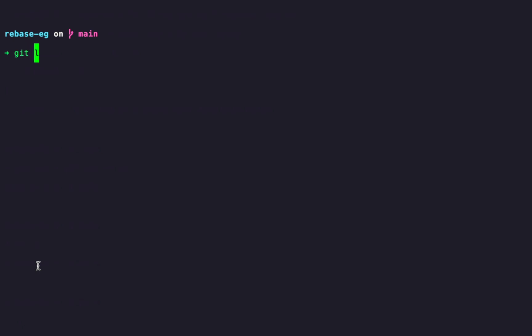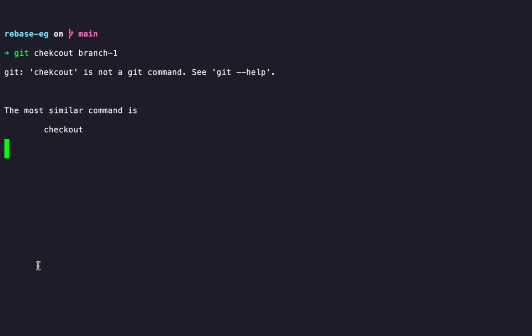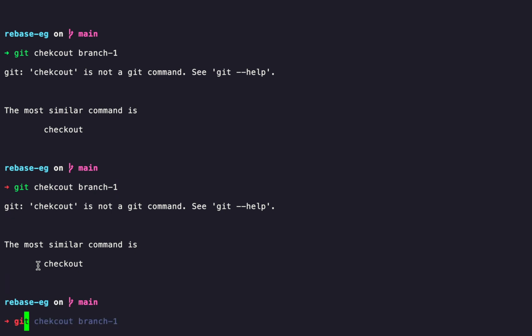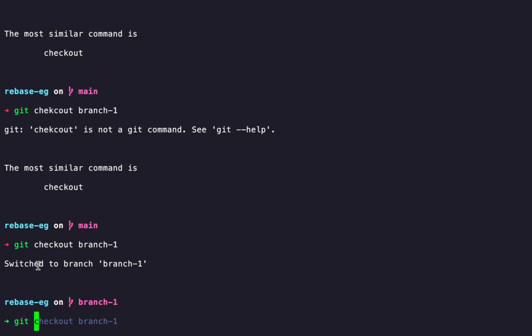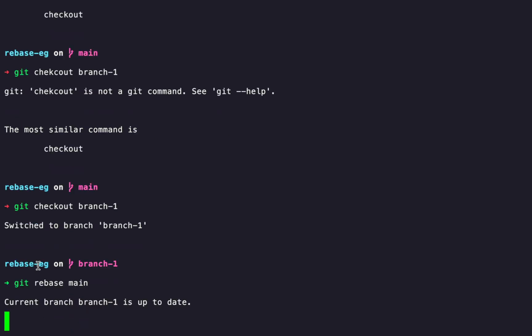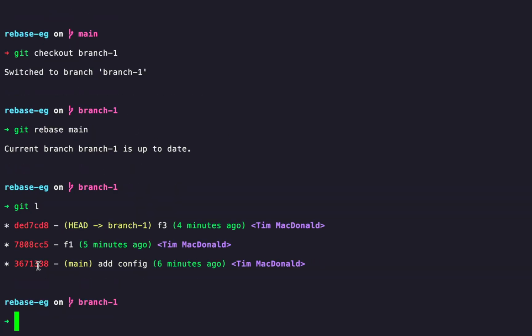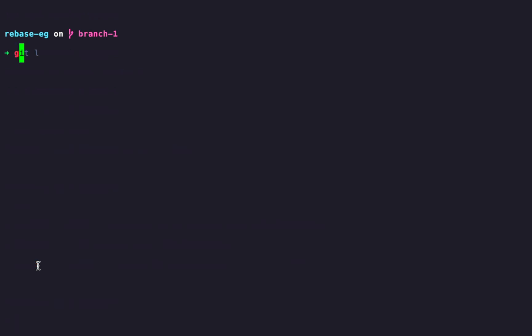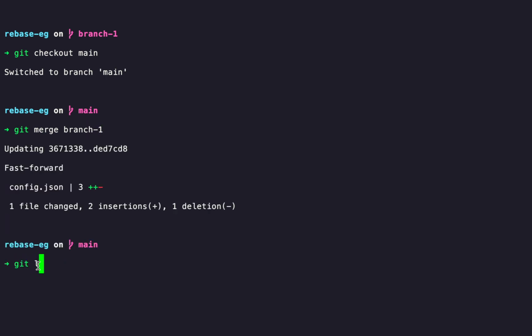Okay, so what we'll do is we'll git checkout branch 1. I can't spell checkout. Cool, and we're going to do a rebase against main, which really isn't going to do anything because we've got a linear history already, so it just rewinds to our shared history point and then replays my commits, which again do nothing. Cool, so we'll check out main and we will merge branch 1 and we've got our